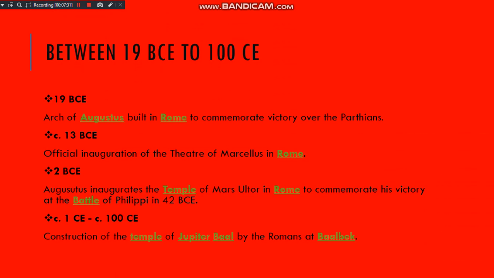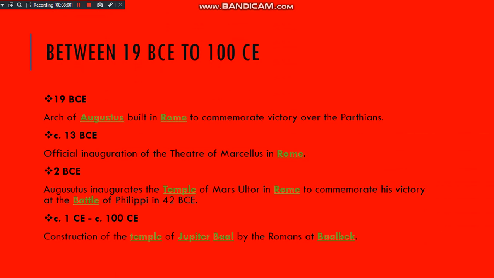So in 19 BCE, the Arch of Augustus was built in Rome to commemorate victory over the Parthians. In 13 BCE, official inauguration of the Theater of Marcellus in Rome. In 2 BCE, Augustus inaugurates the Temple of Mars altar in Rome to commemorate his victory at the Battle of Philippi in 42 BCE. And then through 1 CE to 100